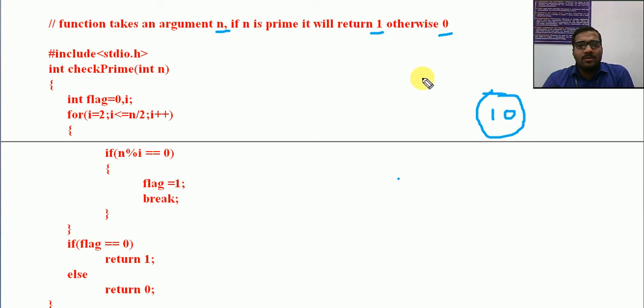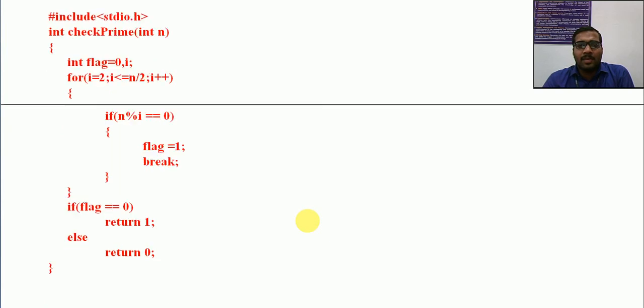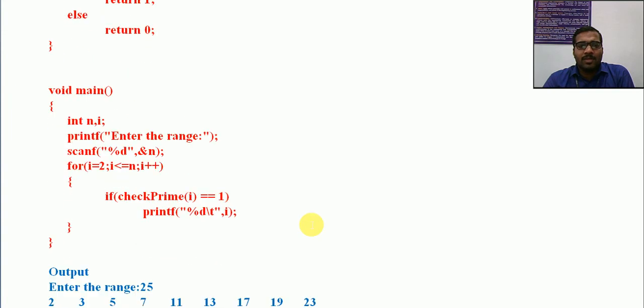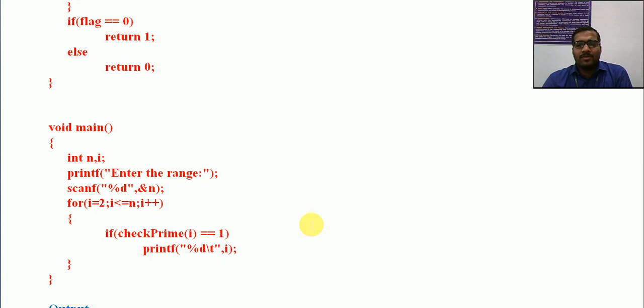Okay, now we'll start the program. We'll look at the program from main first, because we already know the logic of the prime number check. From main we'll go back to the exact definition, where we follow the basic logic of the prime number check. That logic is already clear and familiar.